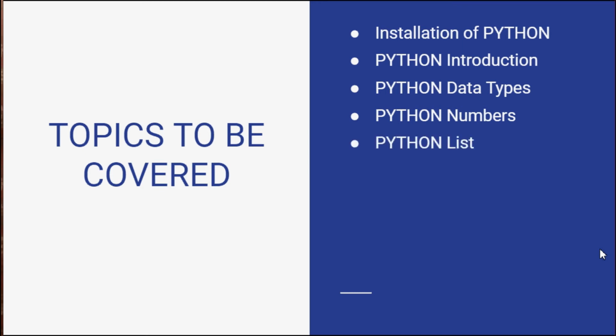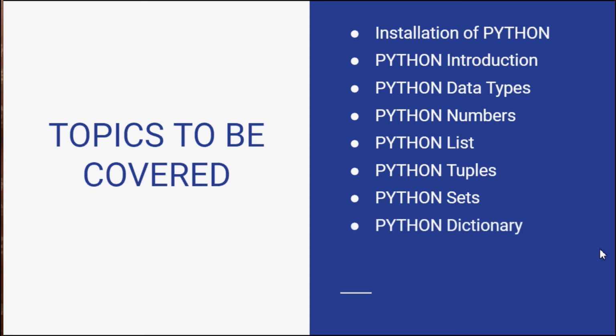Then we are going to discuss what a Python list is, which is also known as a collective data type. If I want to have more than one item using one single name, that is known as a list. Then we have tuples. Tuples are similar to lists, but tuples don't allow us to make any changes in them. Then we have Python sets. Sets are similar to the sets that we must have done in mathematics. Even if you don't remember those sets, there is no problem because I have discussed that in detail. Then we have the Python dictionary, which is an exclusive feature of Python,